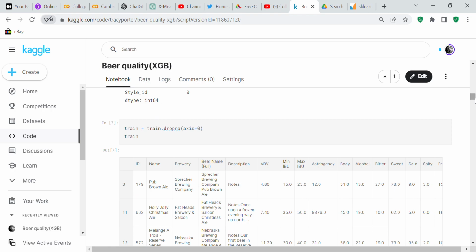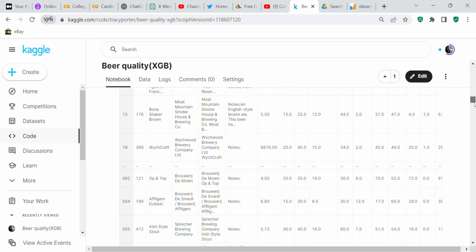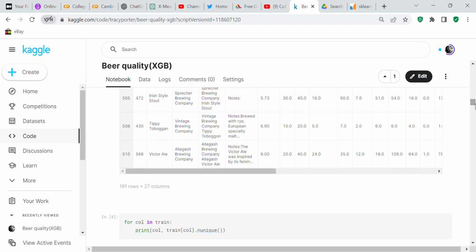So what we're going to do in the train data set is we're going to drop all of the null values. So when we drop all of the null values, we only have 191 rows. So our number of rows goes from 500 and something to 191.